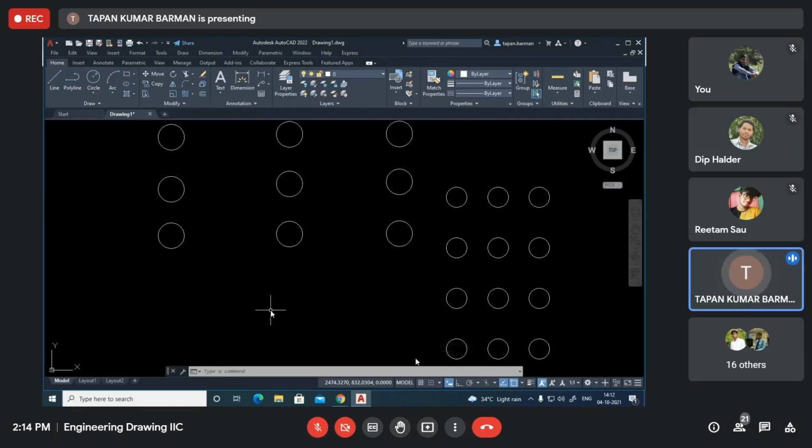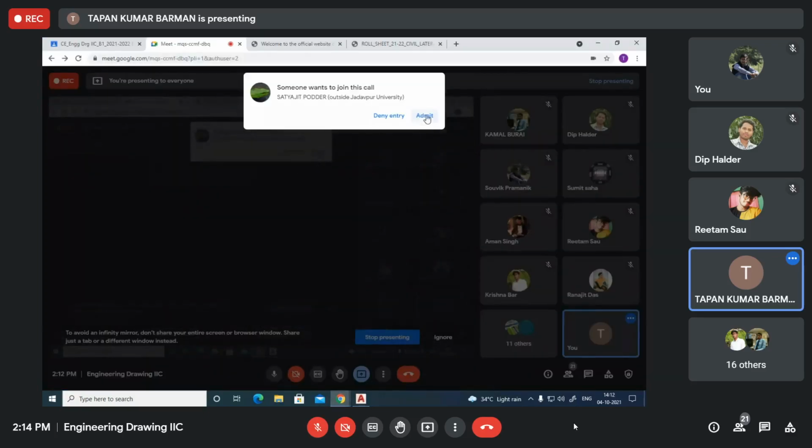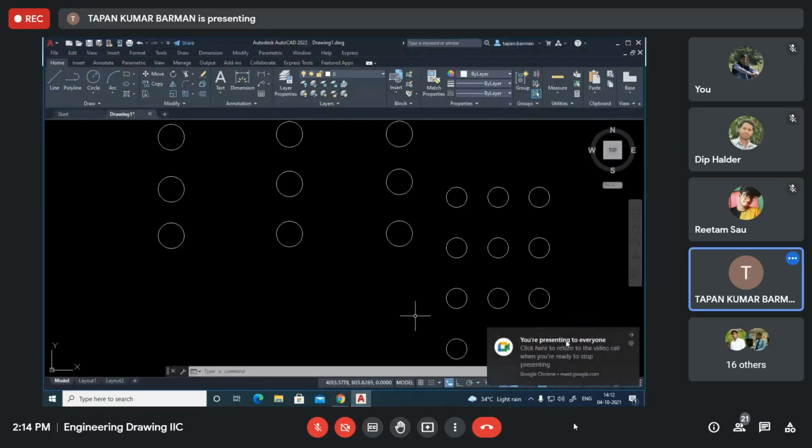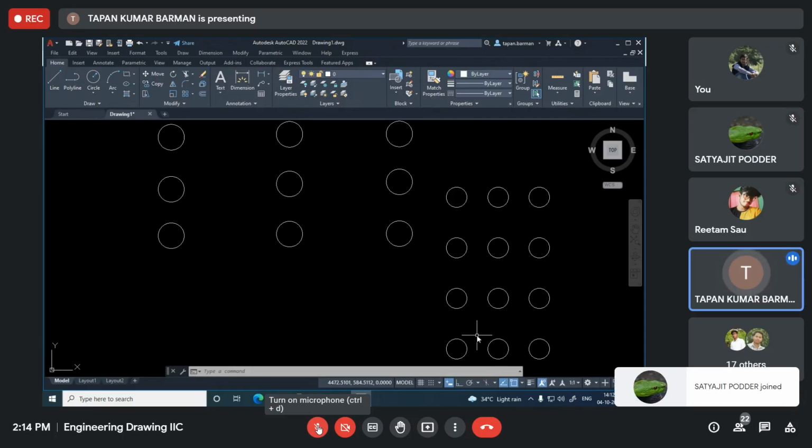Can you do this rectangular array also? Is there any problem to do this rectangular array? Can you do this or not? If you cannot do this, please let me know. Again, I may demonstrate it.